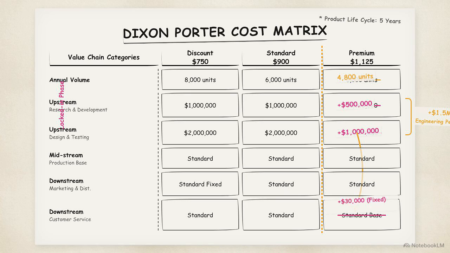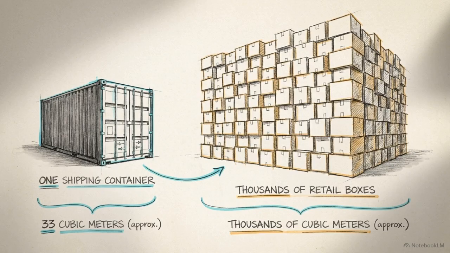By deciding to target a higher price tier, management is actively altering the locked-in phase of the product's design. This decision cascades down the value chain. A premium product creates higher expectations, increasing fixed customer service costs by $30,000 and variable costs by $25 per unit. By contrast, selecting the lowest price point of $750 triggers a decrease in downstream marketing and distribution fixed costs by $30,000 annually. To establish a baseline,